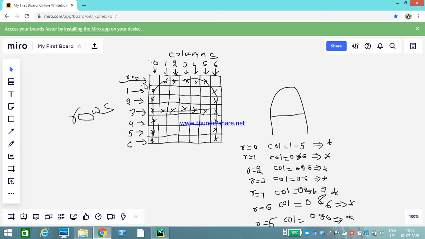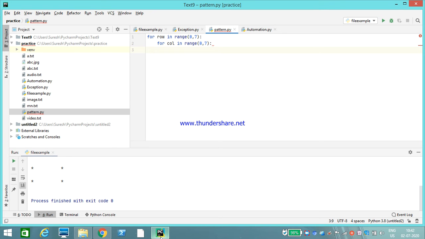Now I need to check the conditions. What is the condition? In my first column, except the 0th row, I need to print star in all rows. Condition: if my first column is 0, right?